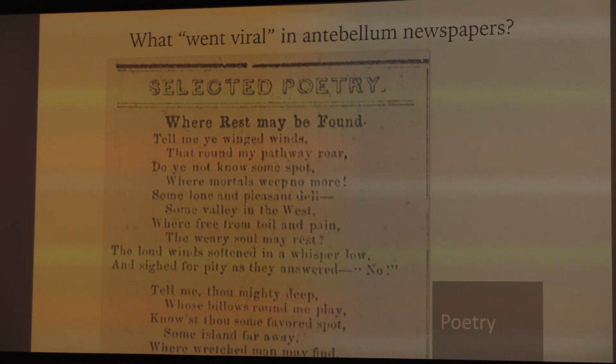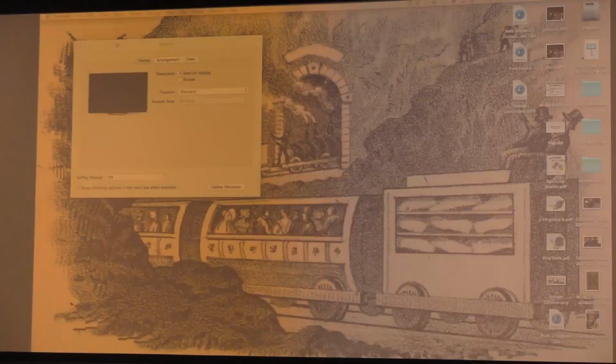This is a poem by the Scottish poet Charles Mackay, and we actually know that this was indeed set to music because we have found the sheet music for this as a song as well. And some reports that this was a favorite song of Abraham Lincoln, though we've not been able to substantiate that.